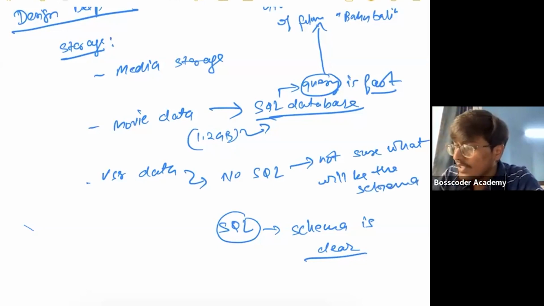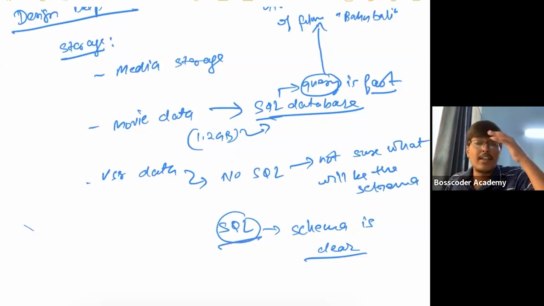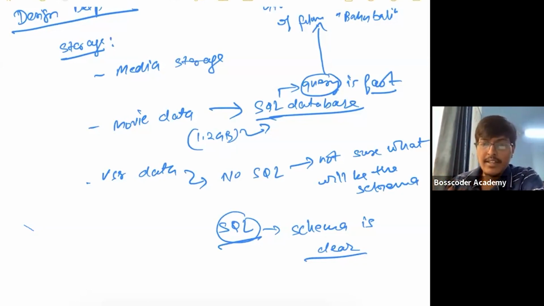Because if you are changing the schema in SQL, you have to take all your data that was earlier in the old schema and transfer it to the new schema. And that is going to result in downtime, right? So whenever you are talking about SQL versus NoSQL, think of what the schema is in your mind. Is the schema going to change very frequently? No, then choose SQL. Otherwise, choose NoSQL.